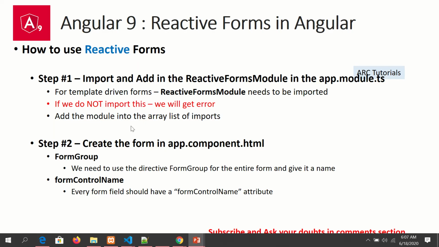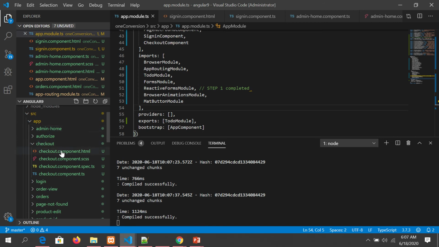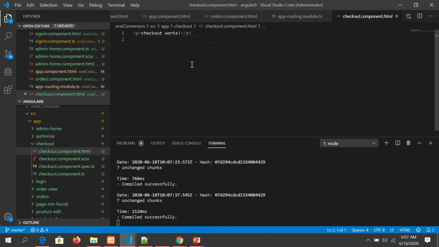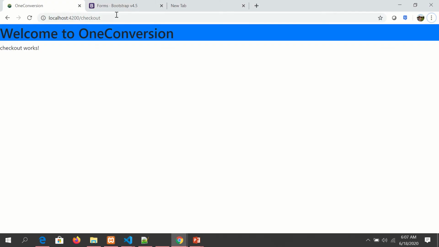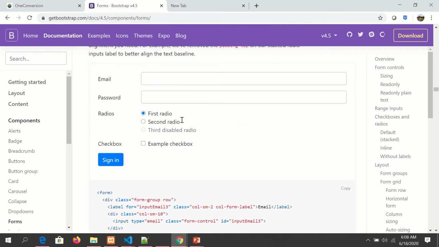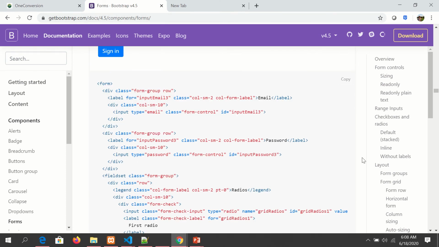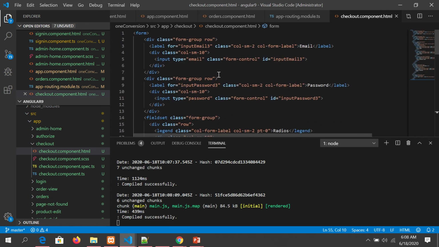Now let's go to step 2, which is to create the form in app.component.html, which means again there is no restriction as to which component you want to work. We are working with checkout.html, so I will put my form here. If you are working with any other form, you can put it in that HTML. So now let's take that example. So I see there is this simple form in getbootstrap.com documentation. I will copy it right here